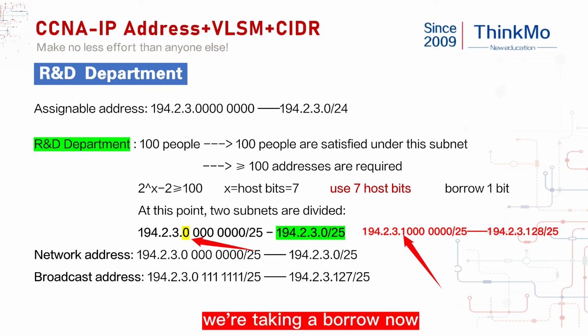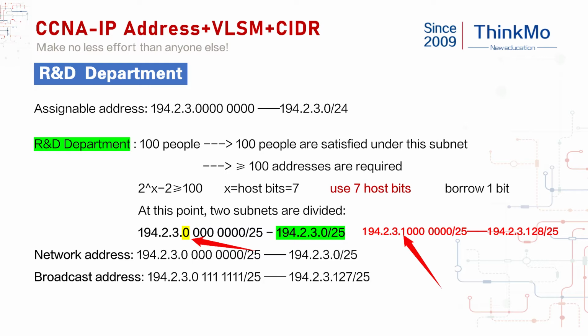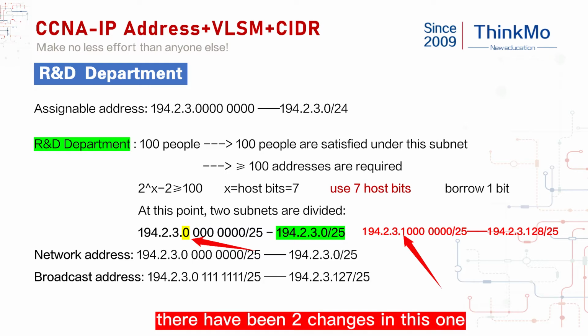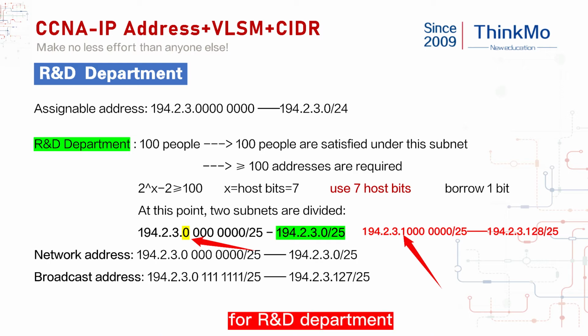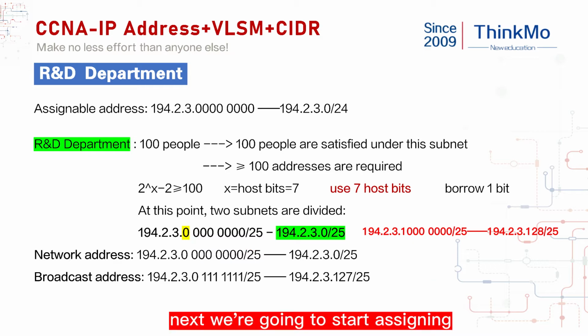We're taking a borrow now. After borrowing, actually, there have been 2 changes in this one. We will put such an address segment for the RAND department. I'll mark it for you. Okay. This is the subnetting we do, equivalent to dividing into 2 subnets. Next we're going to start assigning. I plan to assign to the RAND